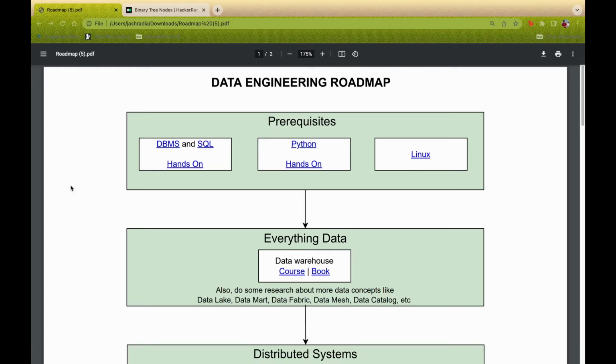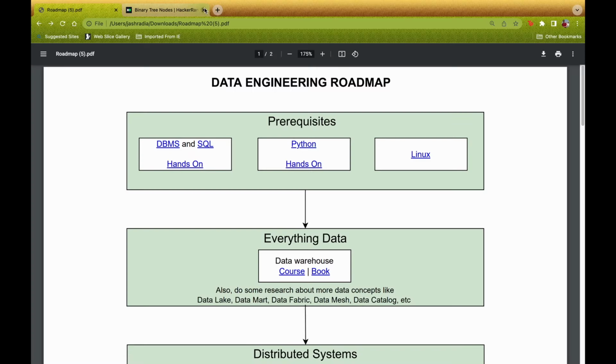So as we can see in prerequisite section, there are some languages and some concepts that we need to learn. The first one is DBMS. Database is one of the most key concepts in the world of data engineering, and without it you simply cannot survive. If you go through this link,